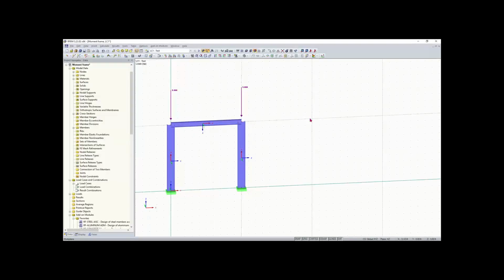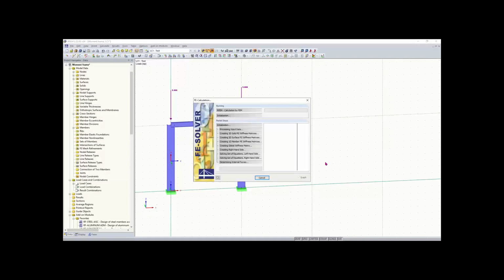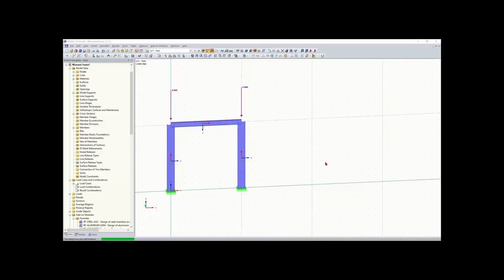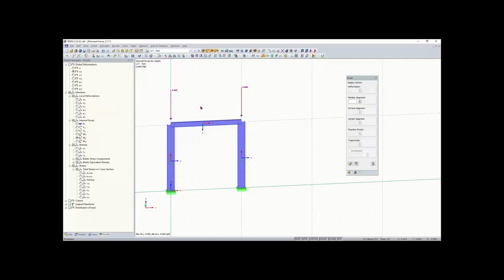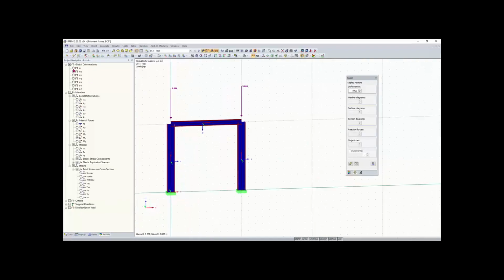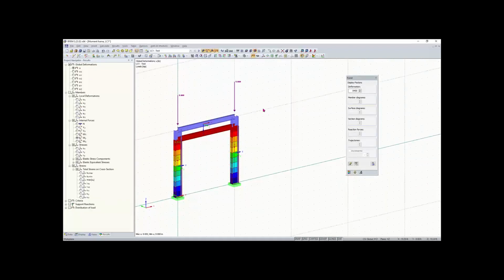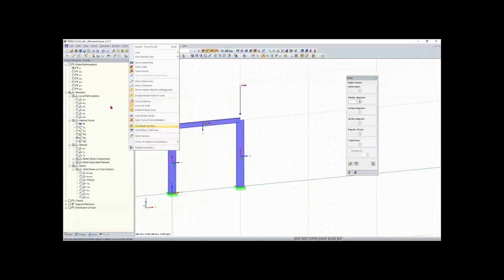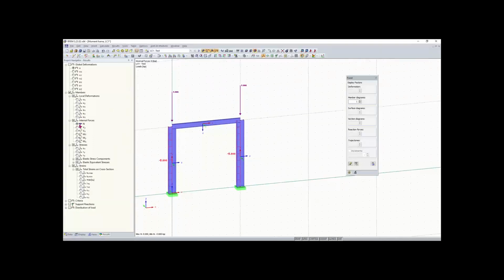And I can right click and cancel out of that. And now what I can do is run my calculation. So we just turn that column into a simple moment frame. And now we can get our global deformations and see what those look like as well. We can also take a look at our internal forces by checking off members here. So we can look at the axial forces,